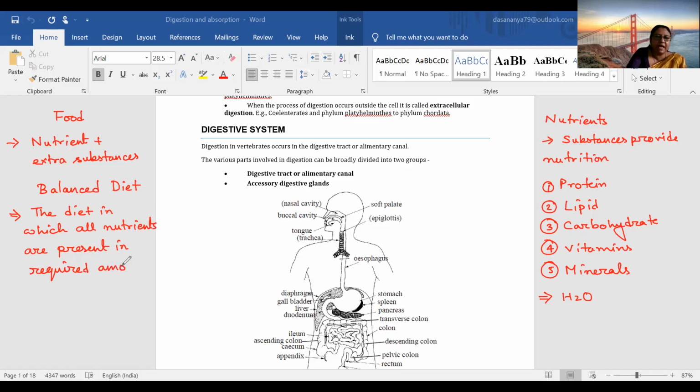So do you think this balanced diet should be same for everyone? What do you think, class? No, whatever Rutu must be taking, I should not take the same one. It will depend on the gender, the age, the physical activity or lifestyle of a person, as well as the medical condition also. The diet I am consuming may not be a balanced diet for a diabetic person. So there are people who are called dietitians.